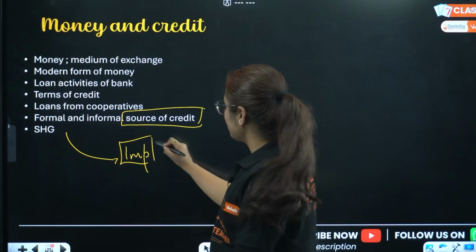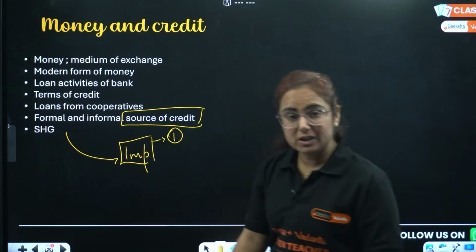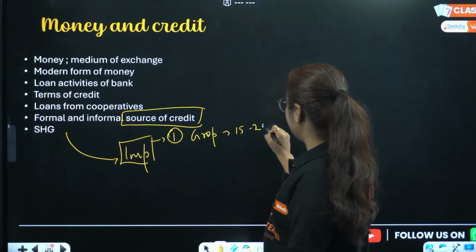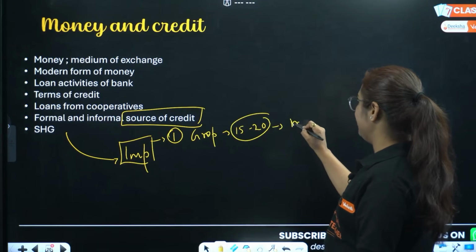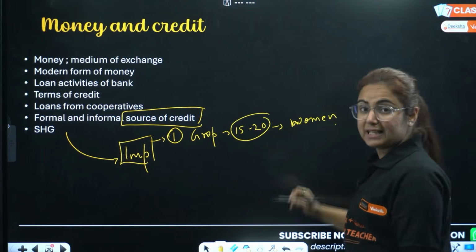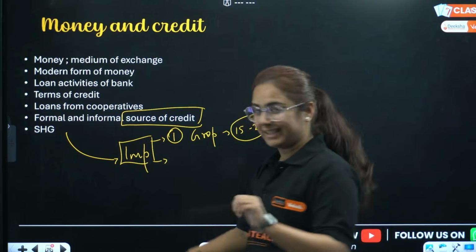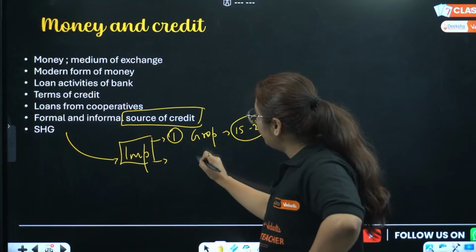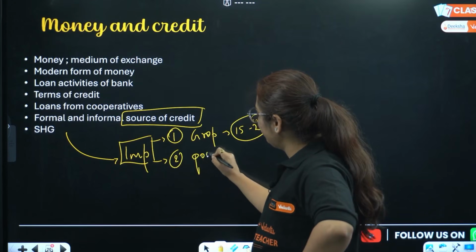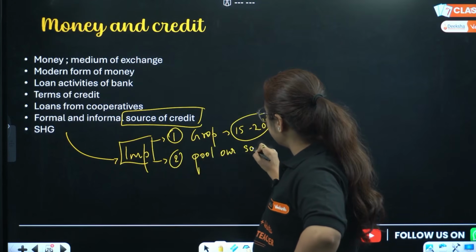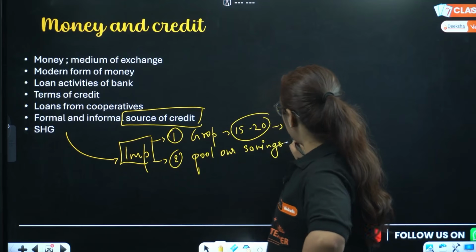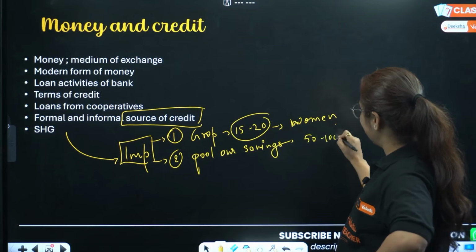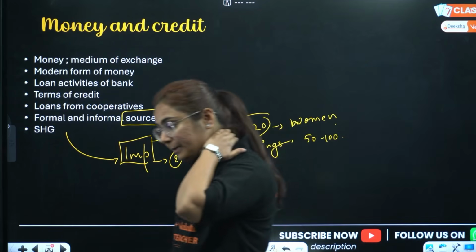Let's do this. So, what is a self-help group? Majorly a small group of 15 to 20 members, especially women. In rural areas, women sit with each other, talk with each other. One woman gets the idea, why don't we pool our savings? One said, acha, we will do one thing. Let's pool our savings at least 50 to 100 rupees in a day. This is how we will collect the money.